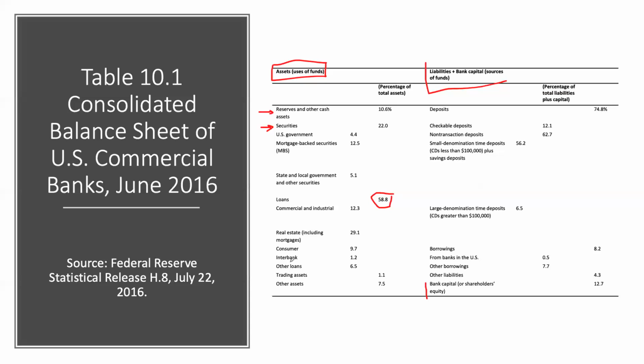1.2% is in the form of interbank loans. As the name suggests, these are loans which one bank makes to another, right? So banks themselves lend and borrow from each other, and we'll see why they need to do that. This is a crucial element of understanding what is known as the repo market, the repurchase market, and the repo rate, right? So when we talk about benchmark interest rates in the economy, we already discussed that there is such